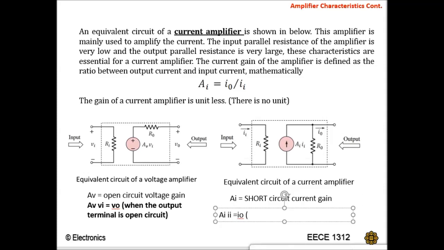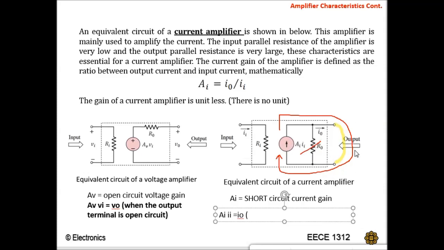When there is a short circuit here at the output terminal. Okay, so basically what happened is that the current AiIin will go through this short circuit path. Alright, so instead of going through this Ro, it sees a short circuit, so AiIin will go through that short circuit.